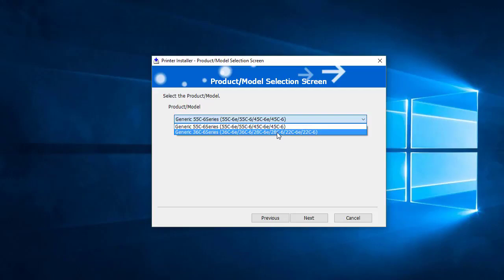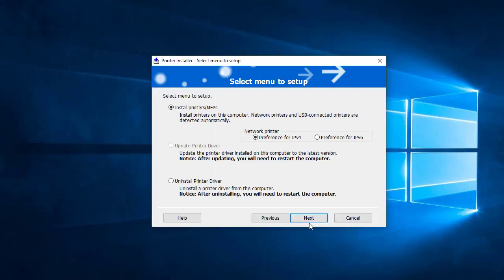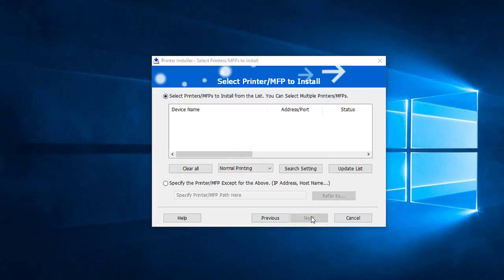I'm going to choose the generic series because the printer that I want isn't listed in that group, so that I can manually install it. I'll click Add Printer and choose to add a printer using a TCP/IP address. Under device type, I'm going to say TCP/IP device. Should your computer not find your printer, I actually have a secondary video that shows you how to manually install that. So to do this, my IP address happens to be